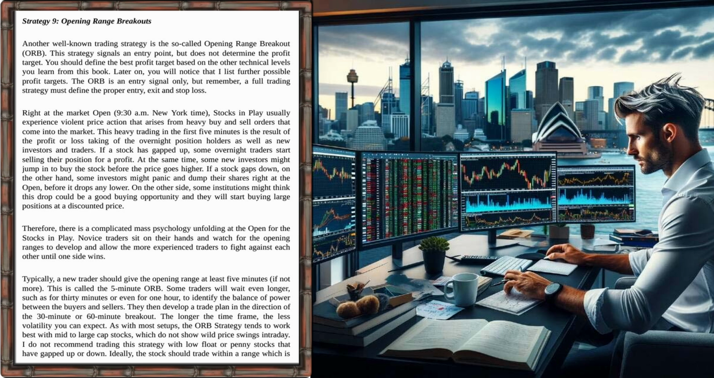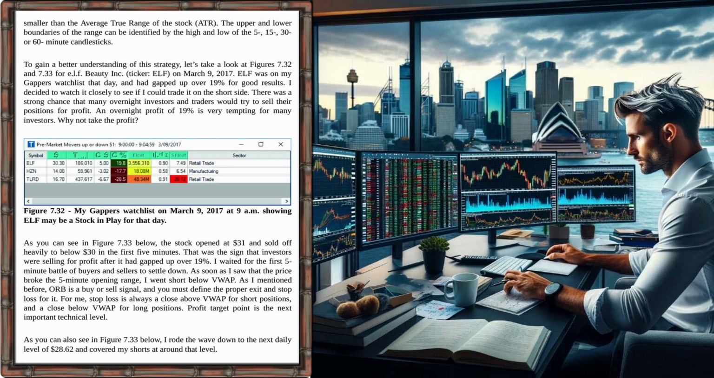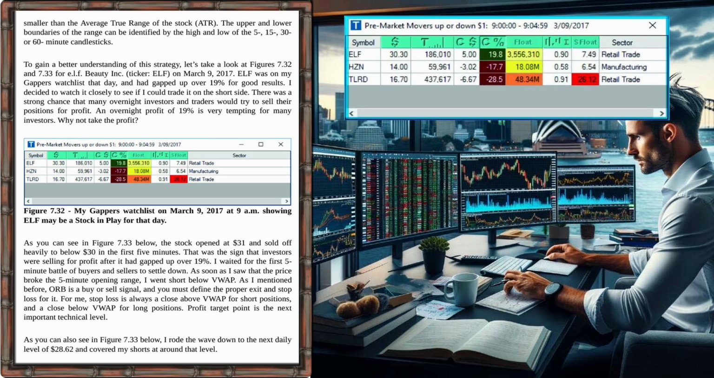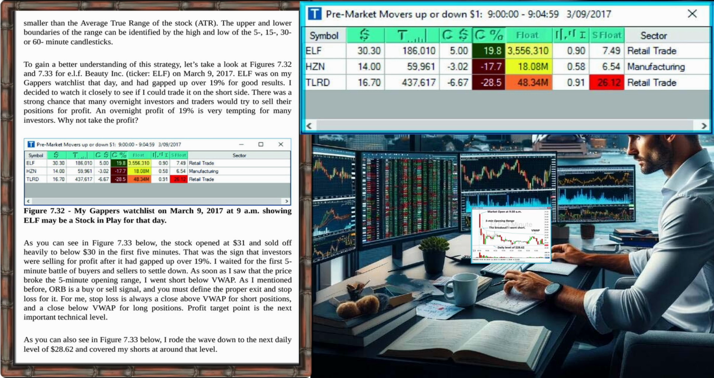The longer the time frame, the less volatility you can expect. As with most setups, the ORB strategy tends to work best with mid to large cap stocks, which do not show wild price swings intraday. I do not recommend trading this strategy with low float or penny stocks that have gapped up or down. Ideally, the stock should trade within a range which is smaller than the average true range of the stock, ATR. The upper and lower boundaries of the range can be identified by the high and low of the 5, 15, 30 or 60-minute candlesticks. To gain a better understanding of this strategy, let's take a look at figures 7.32 and